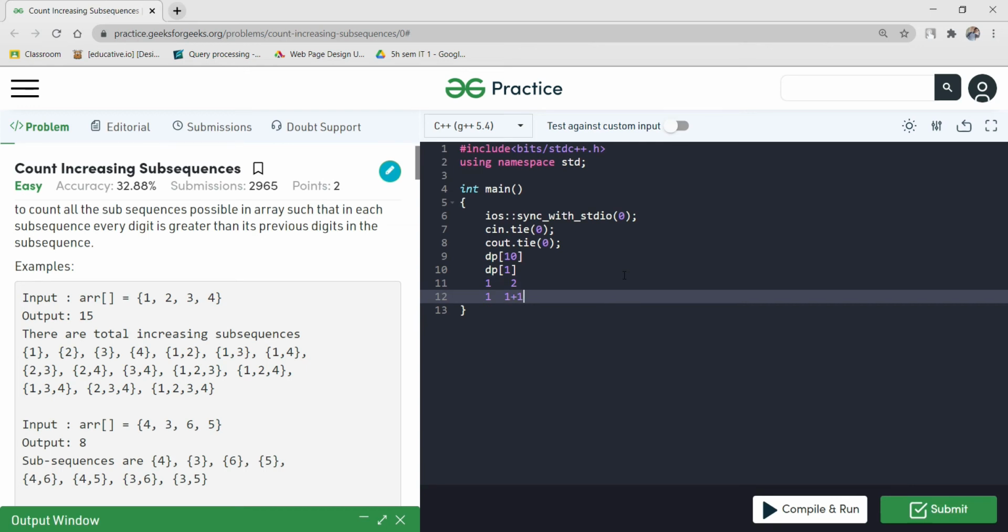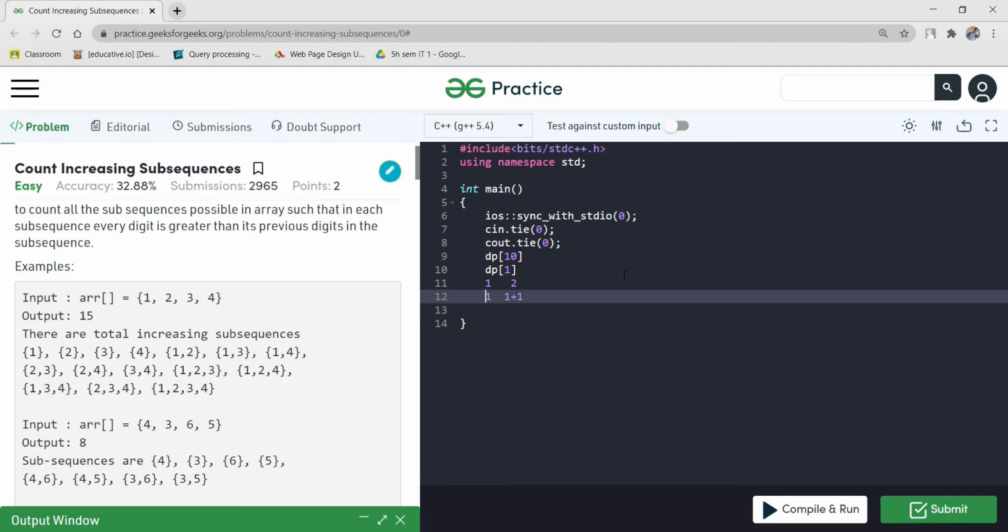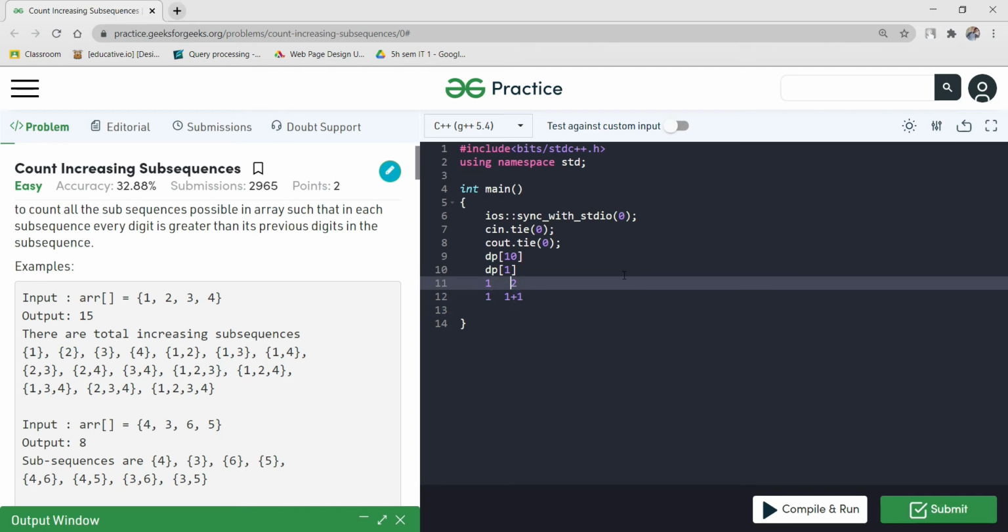So up to this point, what will be our answer? As we have reached the point 2, we need to be clear that up to the point 2 we will have two answers. The first one is subsequence 2, and the second is 1 comma 2.